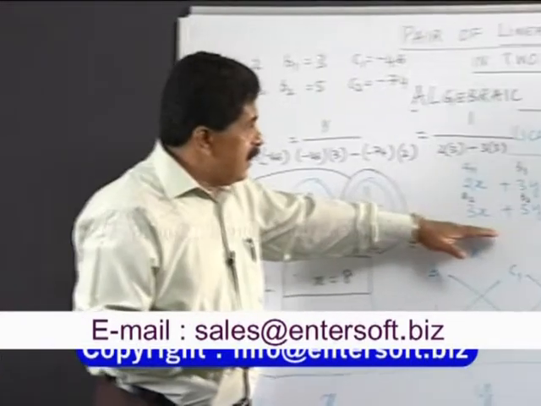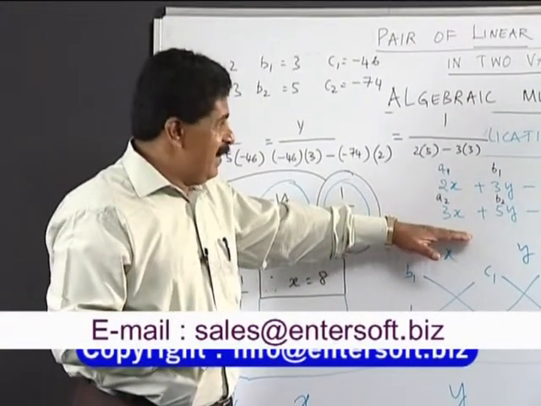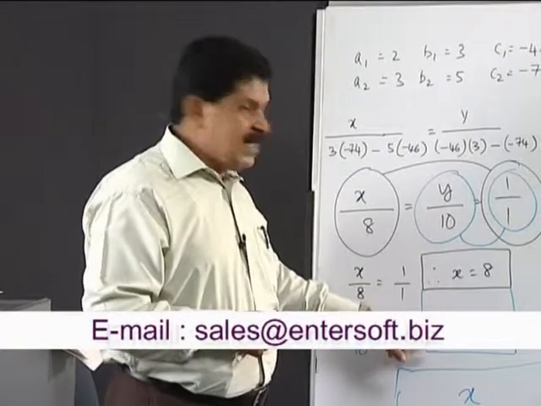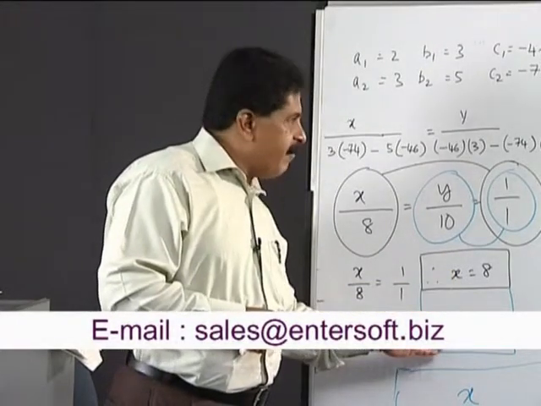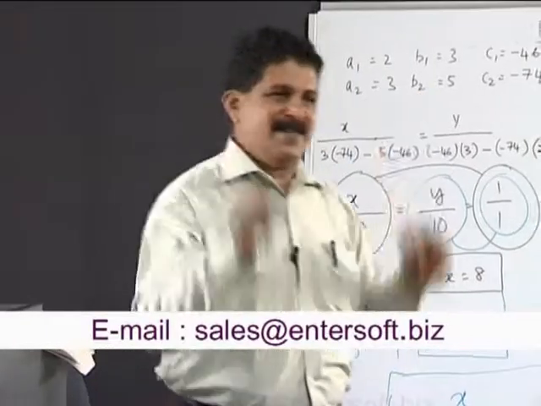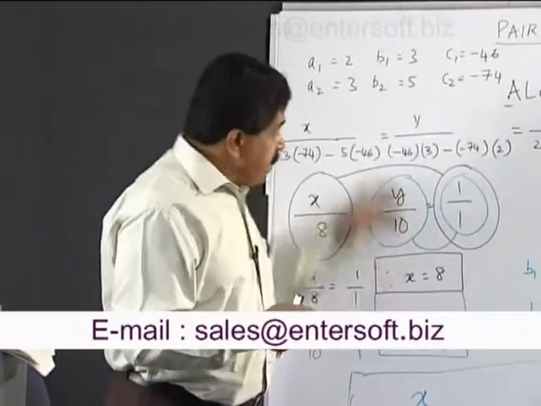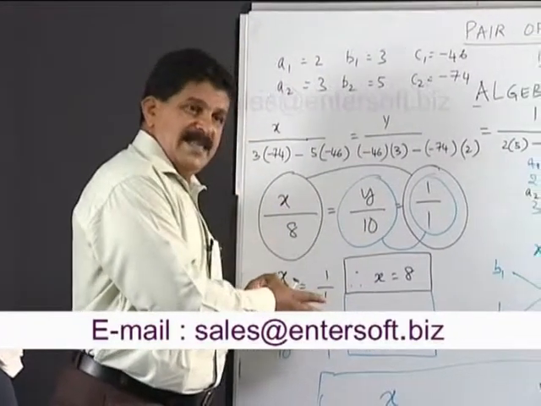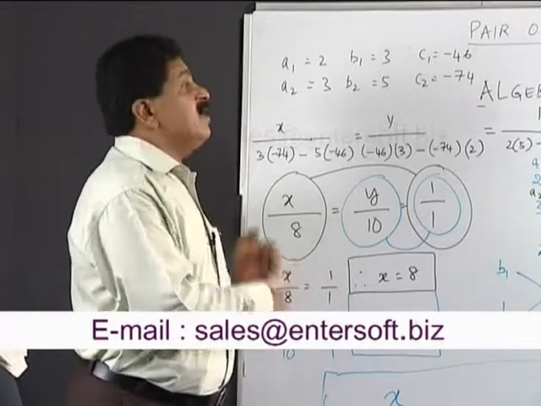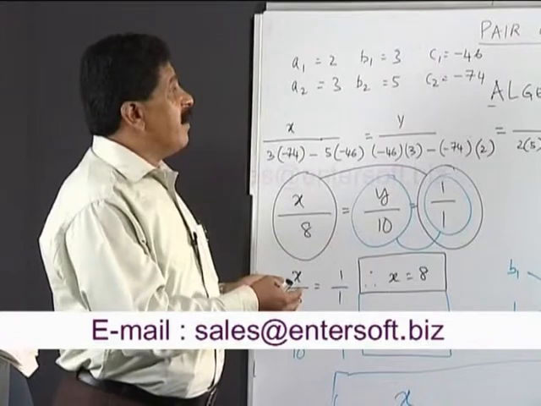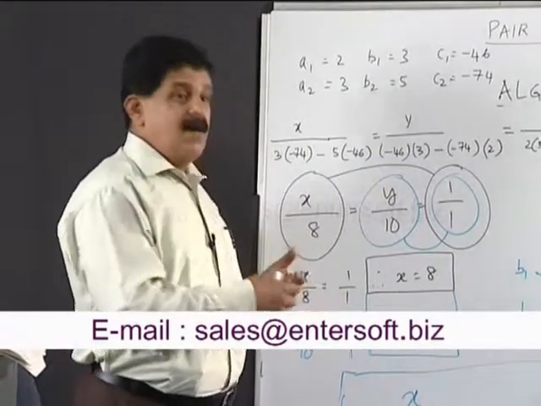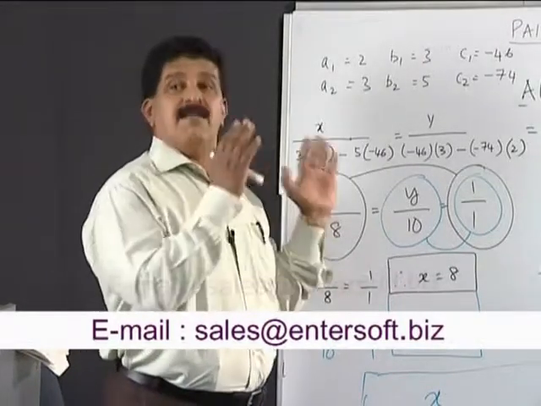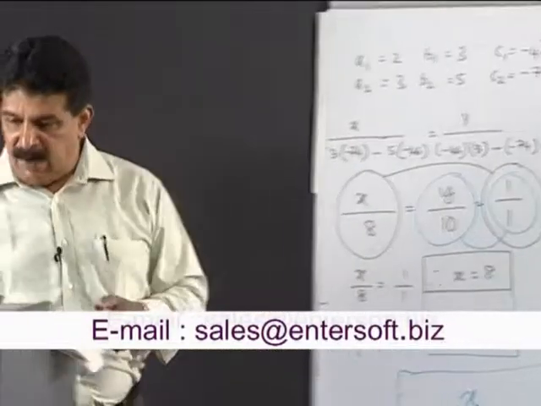If this was a consistent equation, then this is true, because you are going to get unique values. If this was inconsistent, then you can't get value of x and you can't get value of y, because there is no solution to this pair of equations. So instead of coming up to the solution end and then struggling to find out, oh my god, I am not getting a solution to this, there is a technique by which you can initially find out whether this given pair of equation is consistent or inconsistent, whether it has a unique solution or whether it has infinite number of solutions. That we will try to understand now.